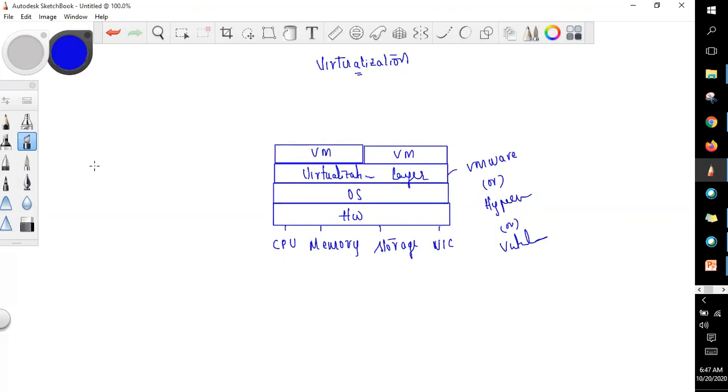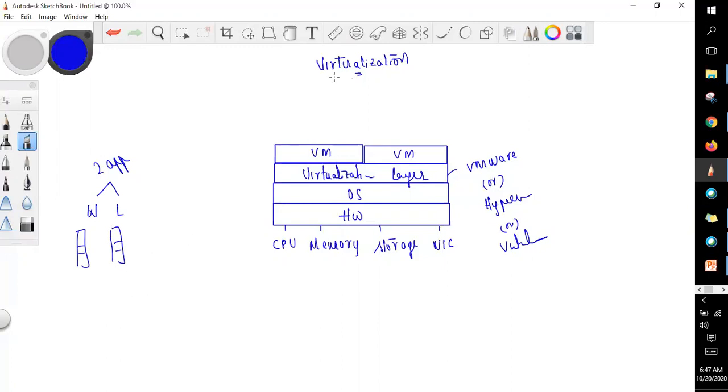For example, I have two applications. One application will work best on Windows and the other on Linux. So ideally, we would get two servers, one for Windows, one for Linux.